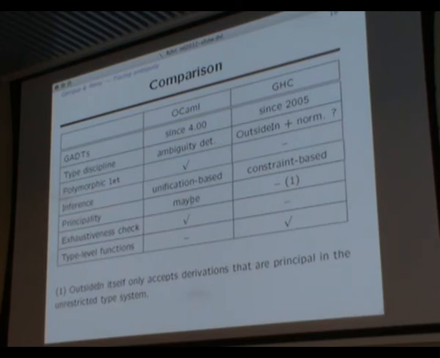Principality, we think we have it, but we have no proof. Maybe here. GHC clearly is not principal, and moreover, it was supposed to only accept the information that is principal. It's true for outside in, it's not true for GHC. So there are some contrasts. Other features you might want